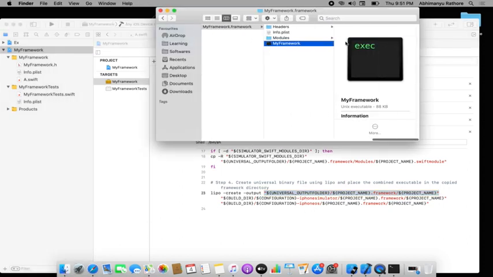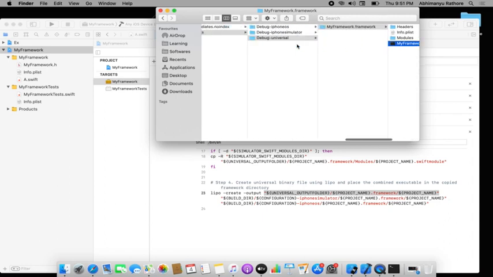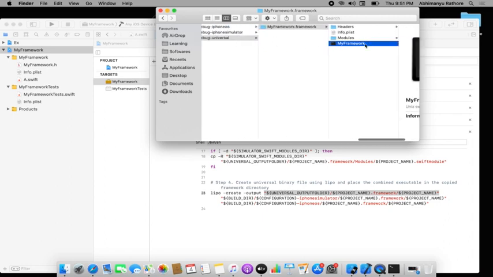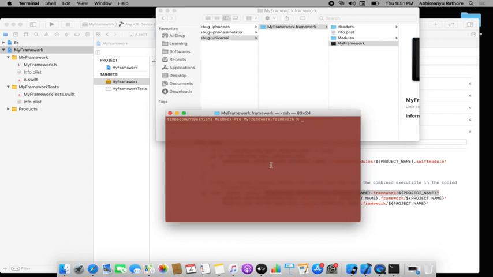That means it will replace this one. Right now, if you see, we already saw it's an ARM64 non-fat, right? So it's only the device one which we copied and pasted, and we made the module ready, but now we need to make it fat